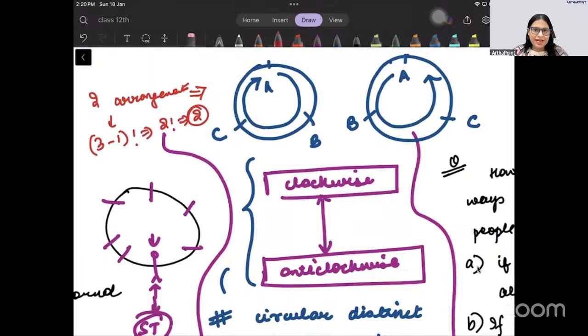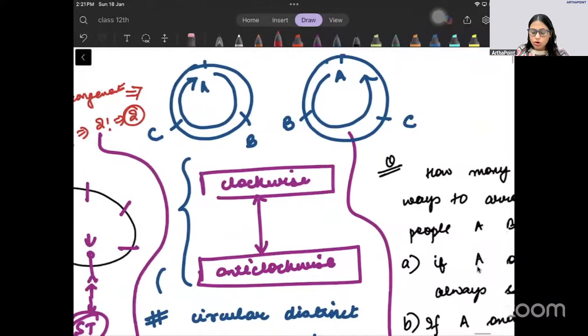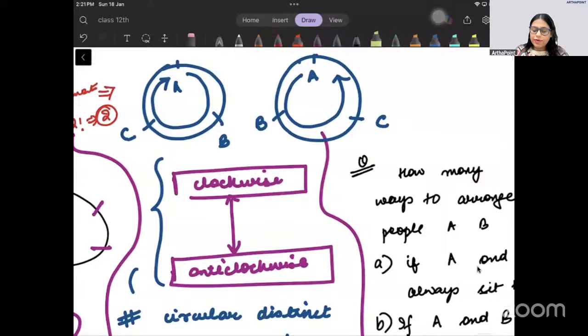But if you look from a layman's visibility, if you go and look normally, you will notice that if I ask a layman which two people are sitting together, you will say, ma'am, A and C are sitting together, and that is happening here too. Ma'am, B and C are sitting together, that is happening here too. Ma'am, A and B are sitting together, that is happening here too. So you will notice that you will never be able to discriminate between the two.